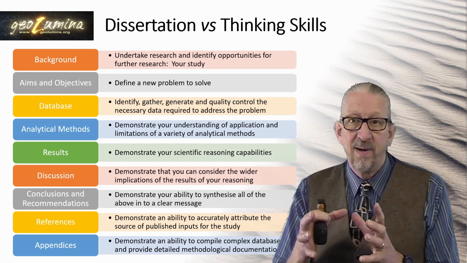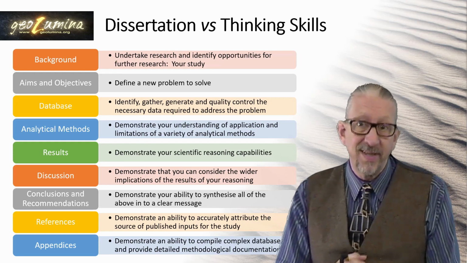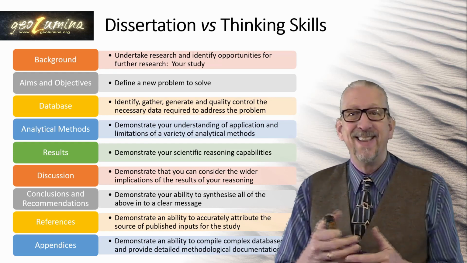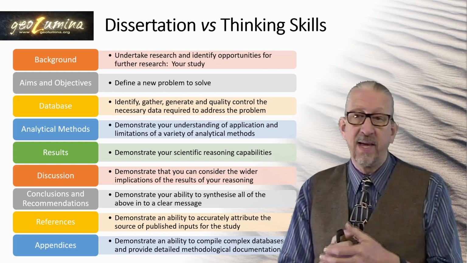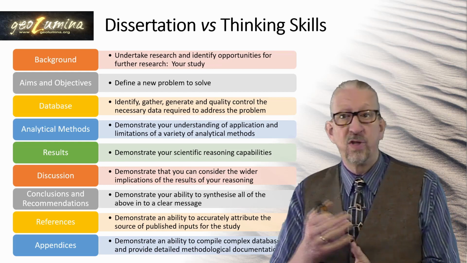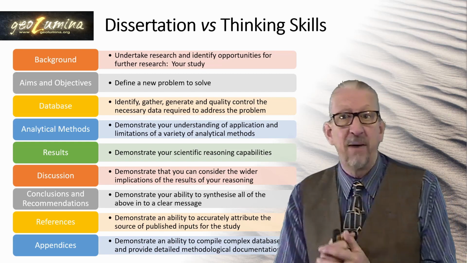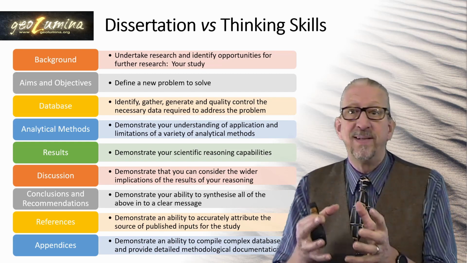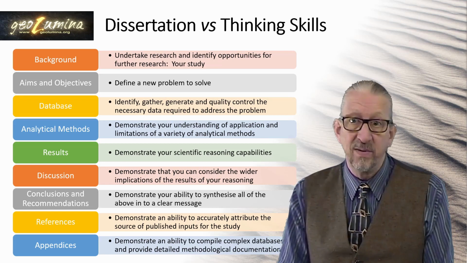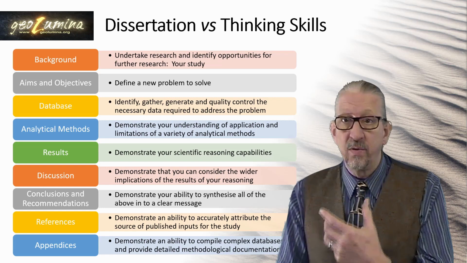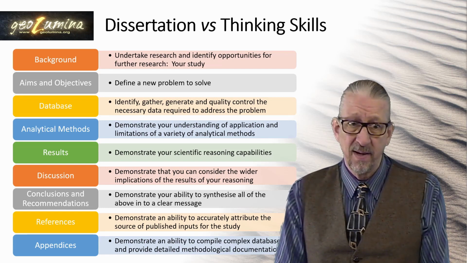We need to document the methods, the limitations and the uncertainties of those methods, and the errors that might result from those analytical methods, be they objective or subjective uncertainties leading to systematic or random errors. And how do we deal with all of those? How do we document them, and how do we take them all into account? These are all different skills, knowledge and skills that we need at each stage of this process.